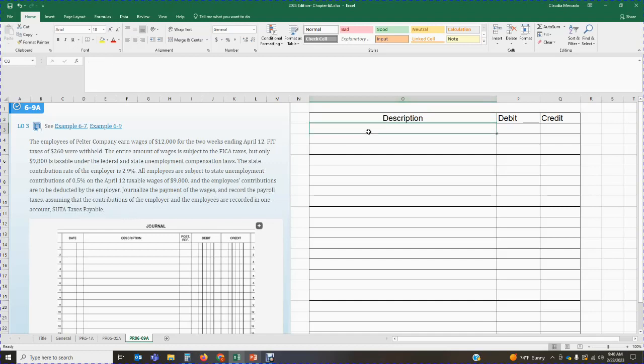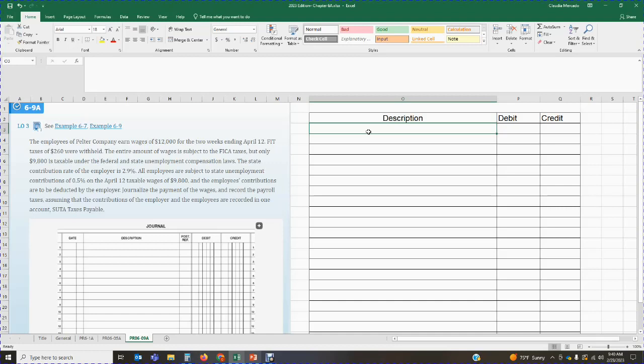Okay? So in this particular case, we have a company. We've got employees, and in total, they've earned $12,000 for this pay period. Out of the $12,000 of wages, only $9,800 are subject to federal and state unemployment tax. The calculations have already been done for you, and they're telling you we have some employees that have gone over the limits. This is what you're going to pay federal and state unemployment taxes on,